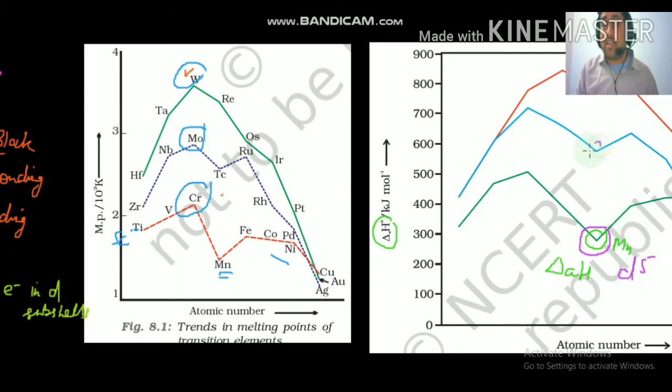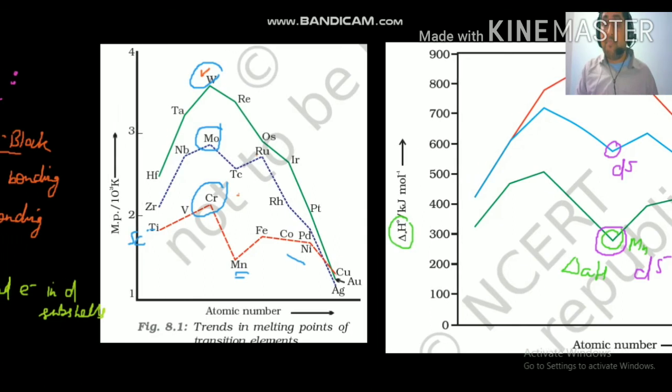Same in the next series you can say technetium. So manganese and technetium both contain d5 electronic configuration, and that's why their atomization enthalpy is low, and